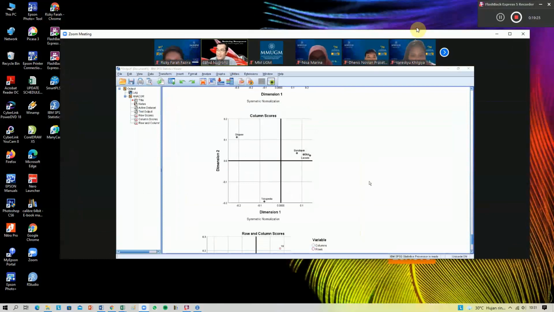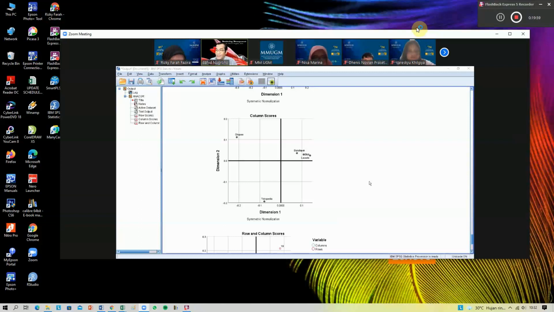And you see, it looks like we have 3 clusters. The first cluster consists of Shopee only. And then the second cluster consists of Tokopedia only. I think it's good. So now we can see Shopee and Tokopedia are totally different compared to each other. And then the third cluster consists of Bukalapak, Blibli, and Lazada.